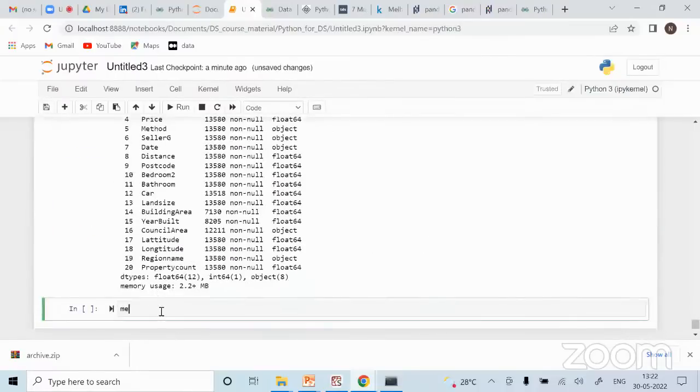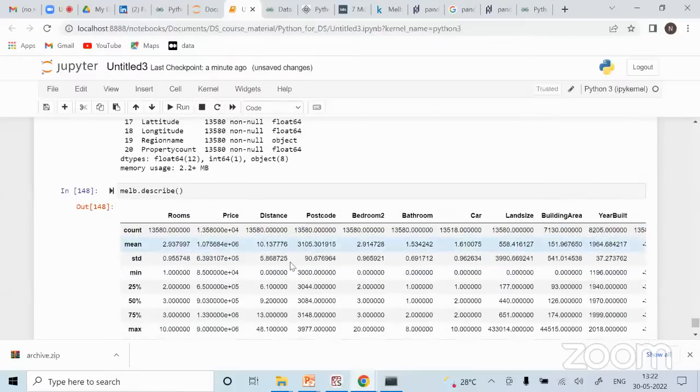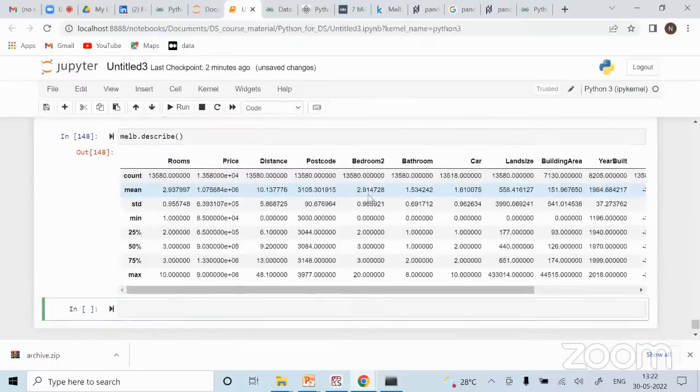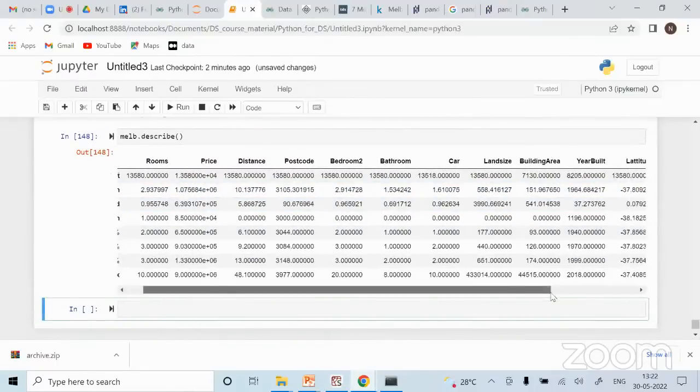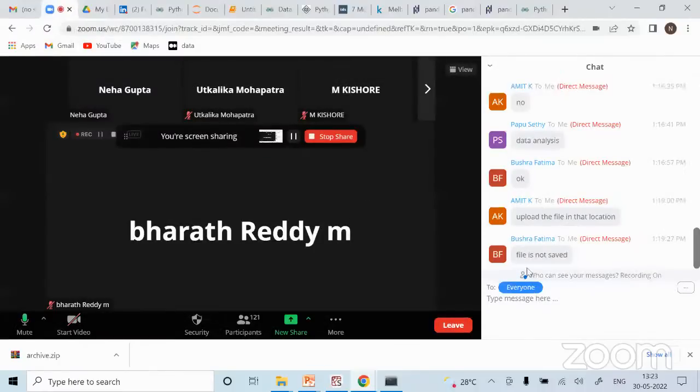And another thing which I told you is describe. So this also you can do. This will tell you all the statistics about your numerical columns, like how many values there were, what their average is, the standard deviation. This is not so much of use. I mean, it's of course of use, but not at this point. This is more useful going forward, let's say when you're trying to get the relationships or you're trying to visualize, right? At that time it gets even more important. Okay, clear? Data exploration steps.